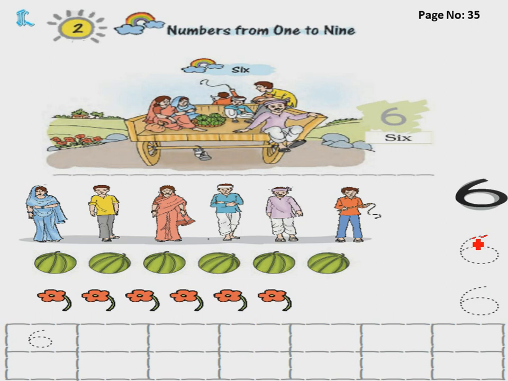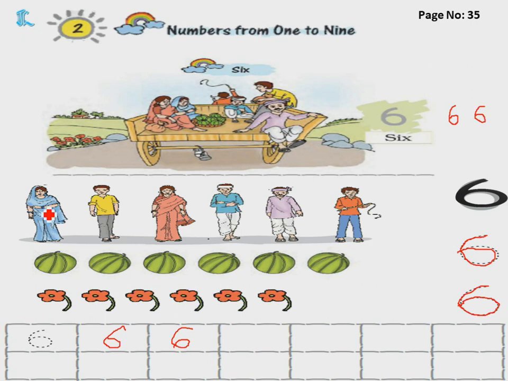Okay, let's see once again how you will write. Like this, you will start, you'll go like this and you will make a circle. Children, on dotted lines you have to write with your pencil. Like this you will start and on these dotted lines you will complete. A curve like this and then make a circle. Like C you will write now, like that.